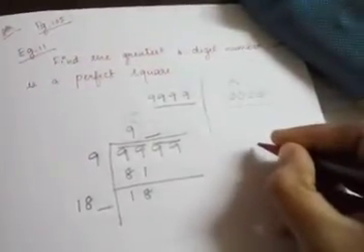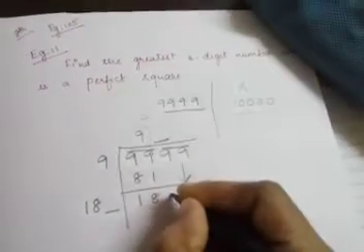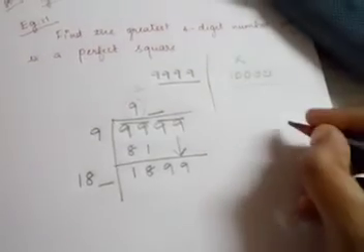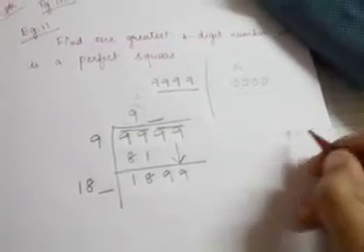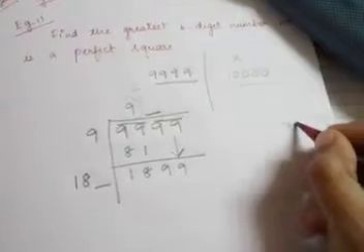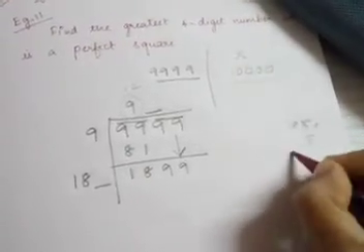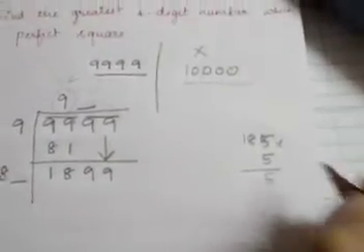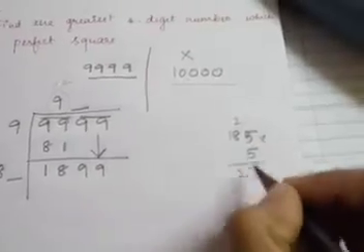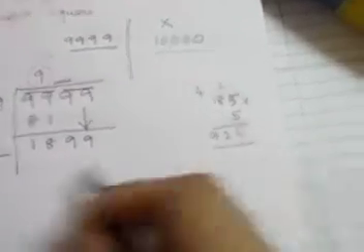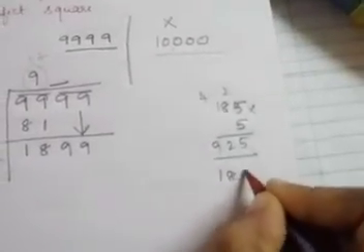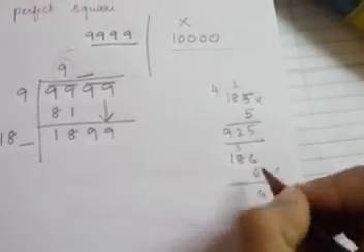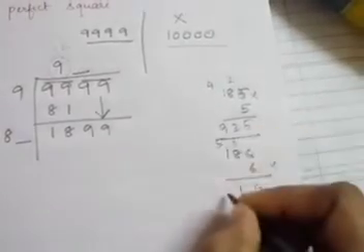Yes, so we can start. We have to bring these both down. So 99. Now we are going to start with 185 into 5. 5 5s are 25. 40, 42, 9, 9, 25. So we have to proceed from this. 186 into 6. 6 6s are 36. 8 6s are 48. 51, 11.